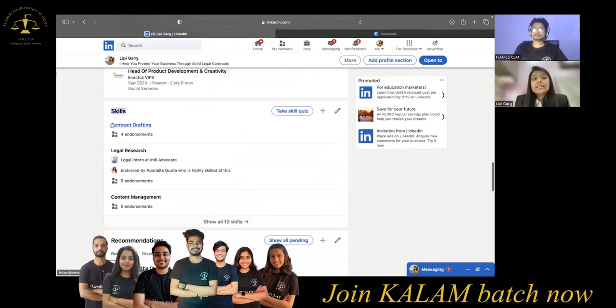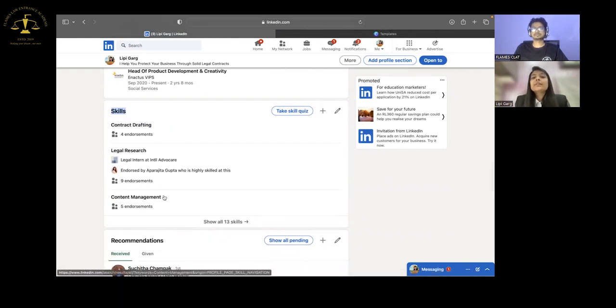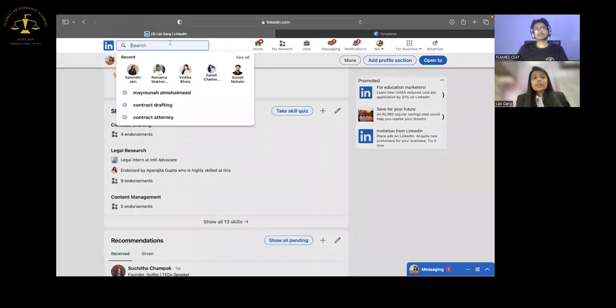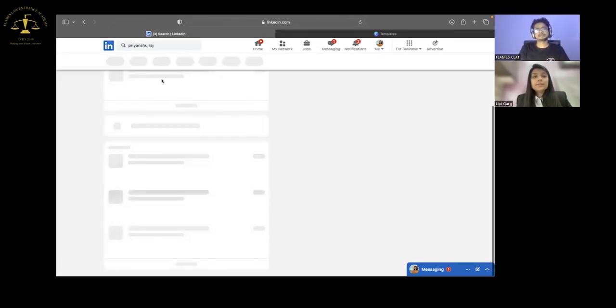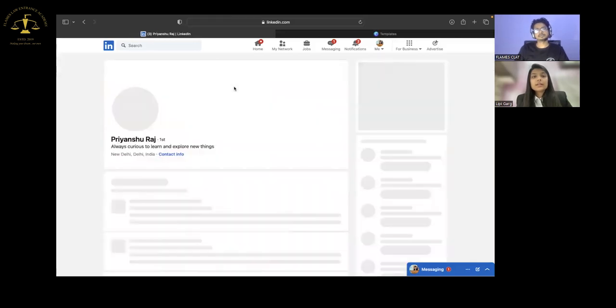If you add skills, for example, my skills may include contract drafting, legal research, and content management. So here, when you go on someone else's profile, you have an option to endorse them. For example, if I go to Priyanshu, what is your full name? Priyanshu Raj. Yeah, second one. Cool. So let's check his profile.